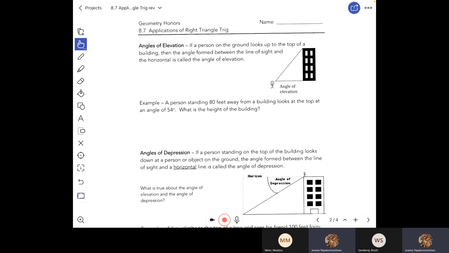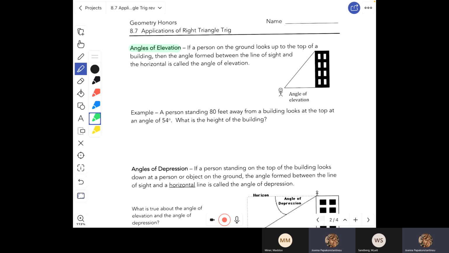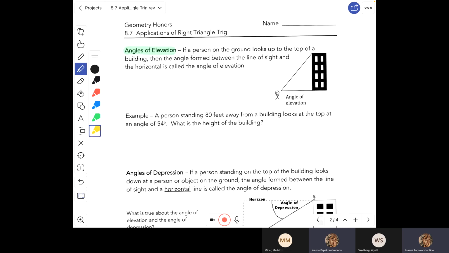So let's talk about some applications of right triangle trigonometry. What we're talking about first is something called the angle of elevation. So if a person is standing on the ground, so here's the little person, right? Here's a person standing on the ground, and they're looking up to the top of a building. The angle formed,